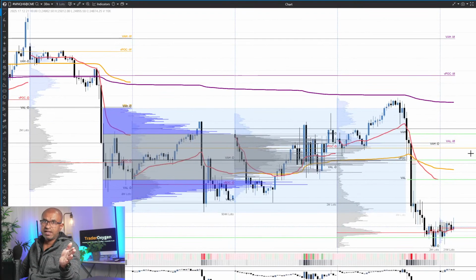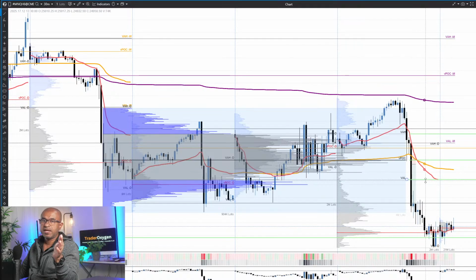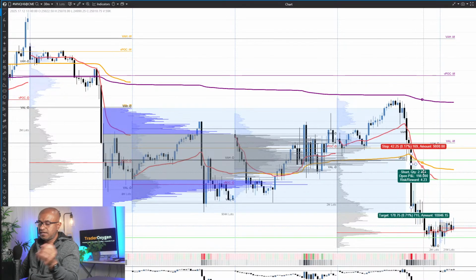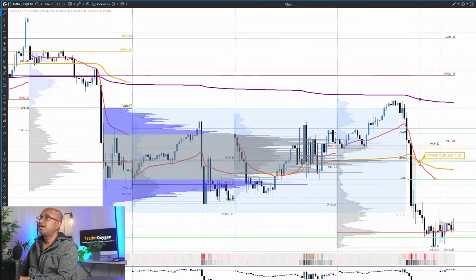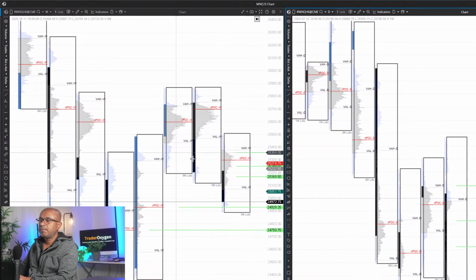Again, when I say further down, what I mean is the first target is the value area low over here. Then where are the second and the third targets? Second and third targets come from the daily and the weekly charts. So coming back to the daily and the weekly charts, if you look at the weekly chart here, if the price is over here in the 1 minute chart, so from here I said the first target is